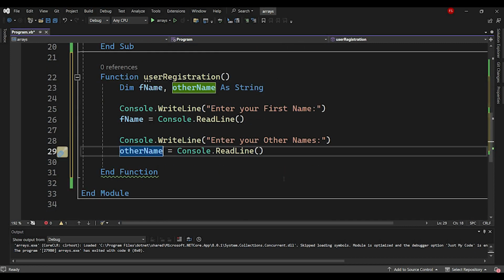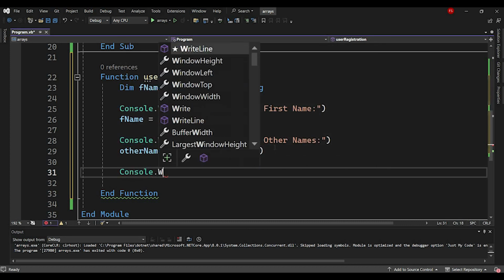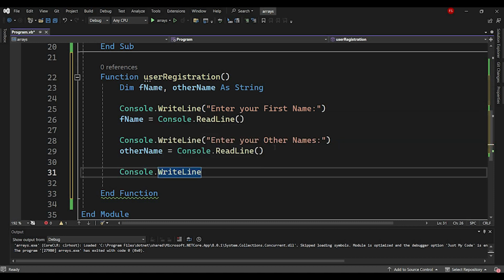Okay, so that is what we've done. So we are going to say that after receiving these two, the system should display what we have received. Okay, so console dot write line